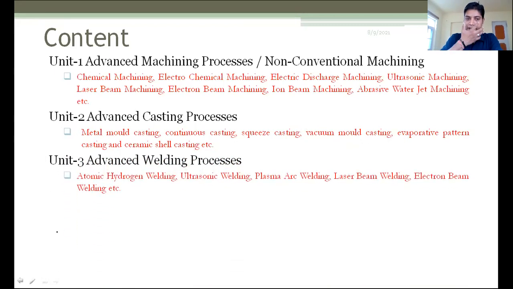Next is advanced welding processes. You have studied the welding processes recently, so I'm just briefing what you have studied. Can you tell me what operations you have studied recently? Just write a simple term or abbreviation, like shielded metal arc welding, SMAW, you have studied. Apart from this,